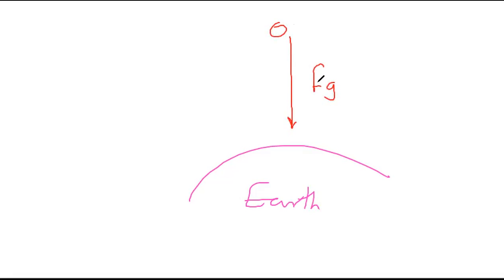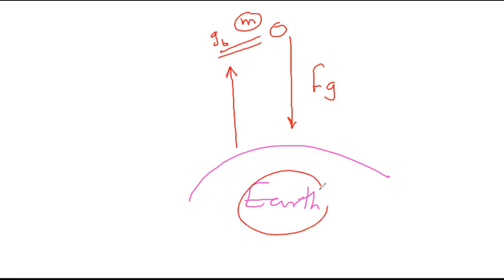Actually you observe this clearly, but at the same time this ball has a mass, and as it has a mass, it also has a kind of gravity. So we could call it the gravity of the ball. This gravity of the ball attracts the earth toward it. Okay, but of course, because the mass of the ball is too small compared to the mass of the earth,